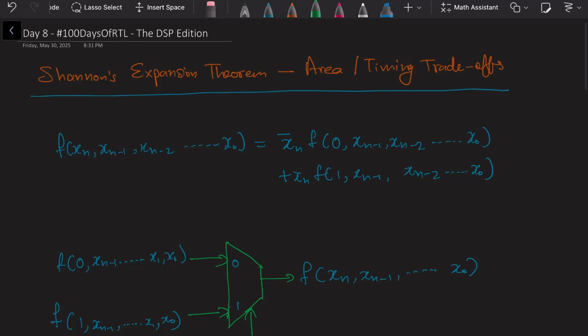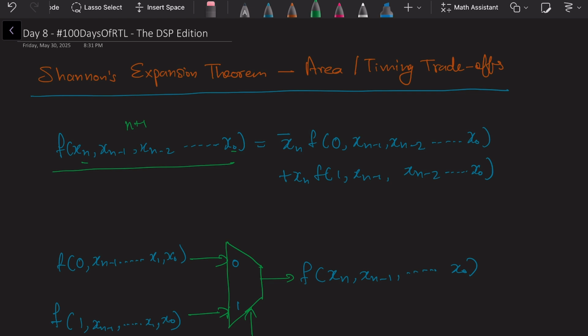So yeah, without wasting much time, let's jump into it quickly. Let me quickly introduce Shannon's expansion theorem to you. So imagine you have an n+1 variable Boolean function, from 0 to n, and that function can essentially be decomposed